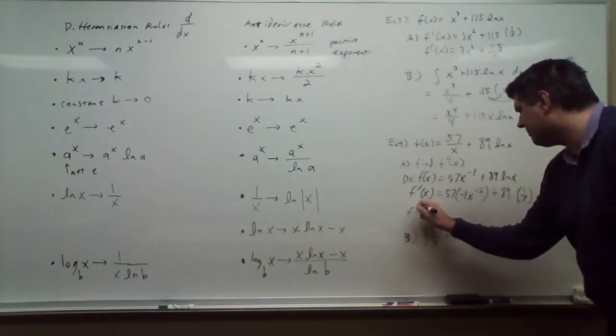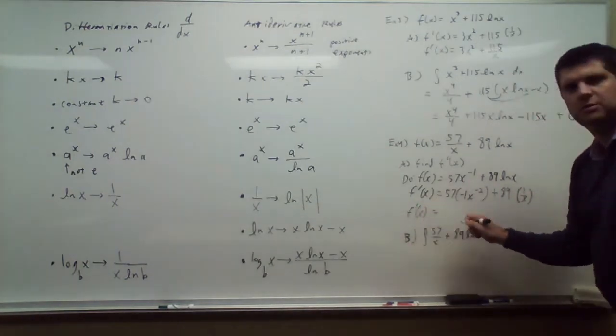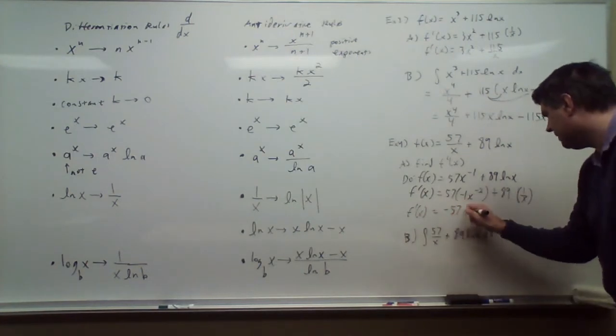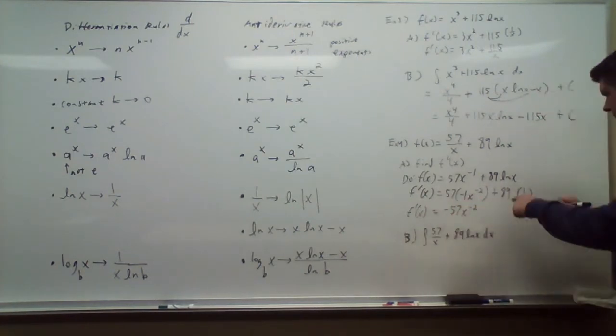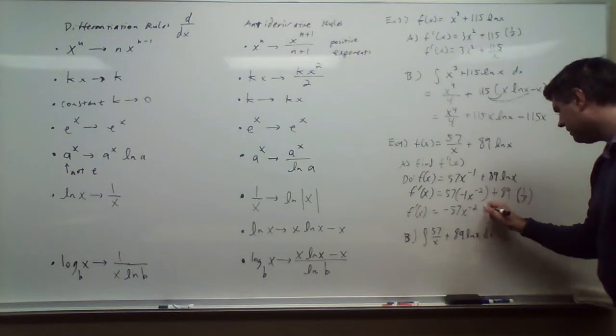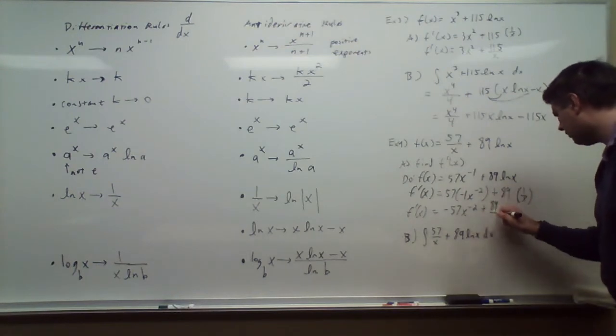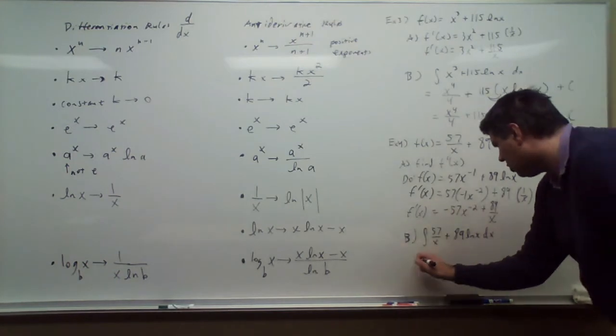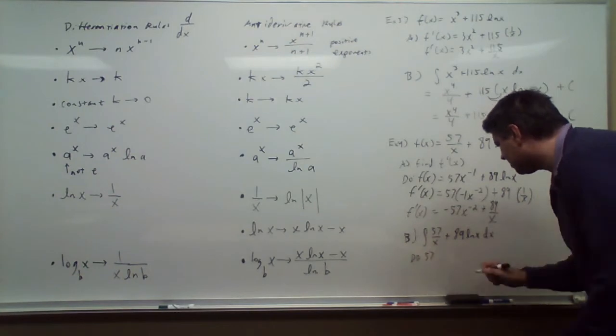So f prime of x is negative 57, x to the negative second, plus 89 times 1 is 89 over x. So that's the derivative. The antiderivative, well, I'm going to rewrite this as the integral